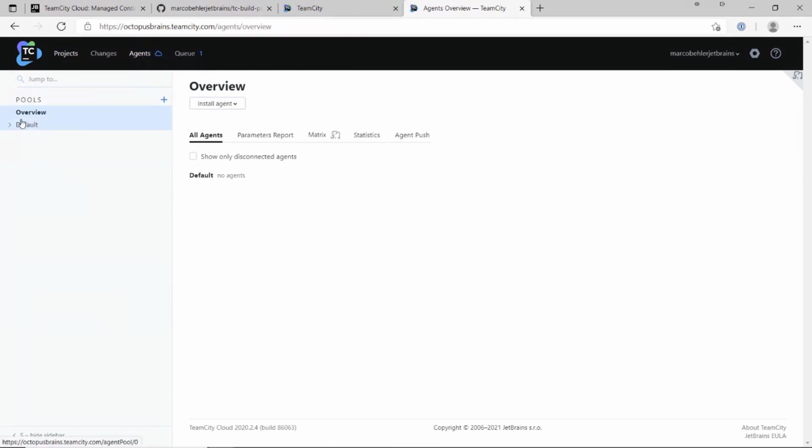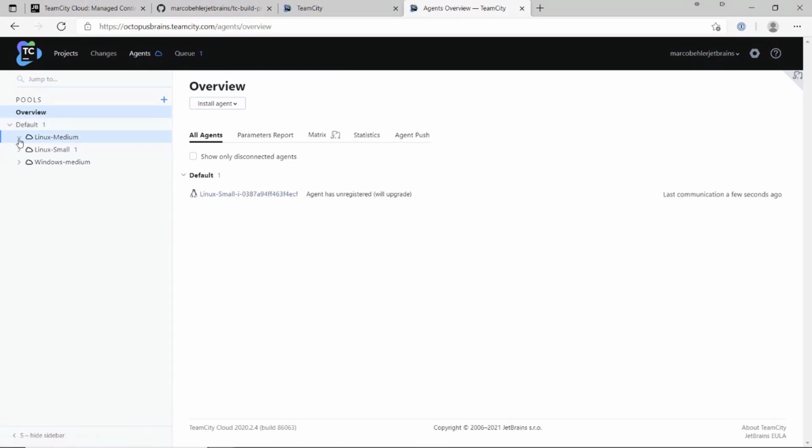Now, when you click the Agents tab, there's a couple of more things I wanna show you. Essentially, we have different types of agents. So we have a Linux medium agent, Linux small agent, and a Windows medium agent. Different operating systems, and also different, let's say, beefiness, if that makes sense. So you have different CPU and RAM, and these are essentially just Amazon EC2 machines that we boot up for you. And by default, we're always going to pick the cheapest option for you, so Linux small in this case,